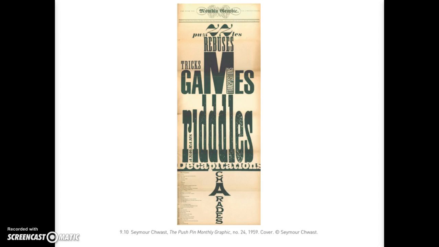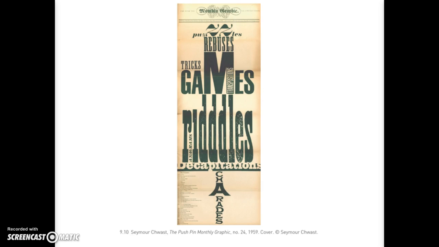The book also points out that there were a lot of independent graphic design firms, and so next we're going to be talking about some of the things that came from Pushpin Studio in the 1960s in New York City. This was founded a decade earlier by Seymour Schwast and Reynold Ruffins, Edward Sorrell, and Milton Glasser. So their goal was sort of in opposition of the Swiss International typographic style.